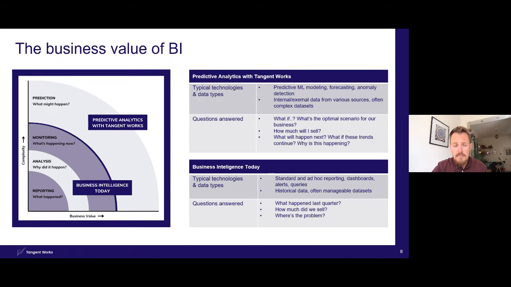And if you look at BI today, we see that so far most companies are mainly looking at historical data. That's what's happening today. There's a connection to your historical data where you can analyze what happened, maybe diagnose why did it happen, and dive a bit deeper. And of course, there's a lot of value there. And this can be used for visualization, reporting. How much did I sell last quarter? Why did certain things happen in my production process?